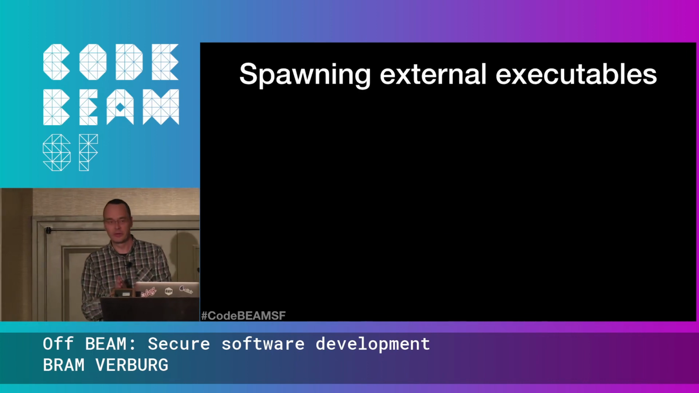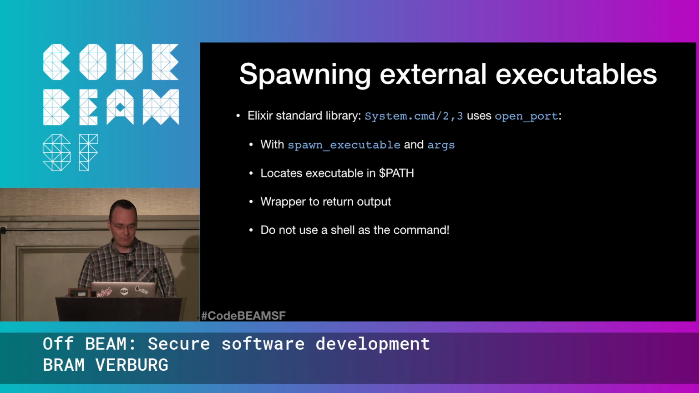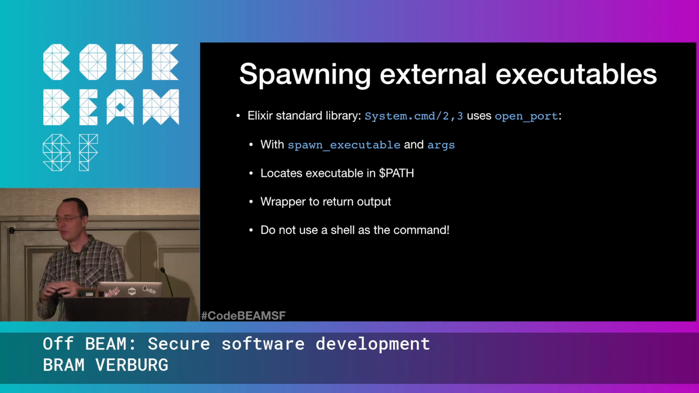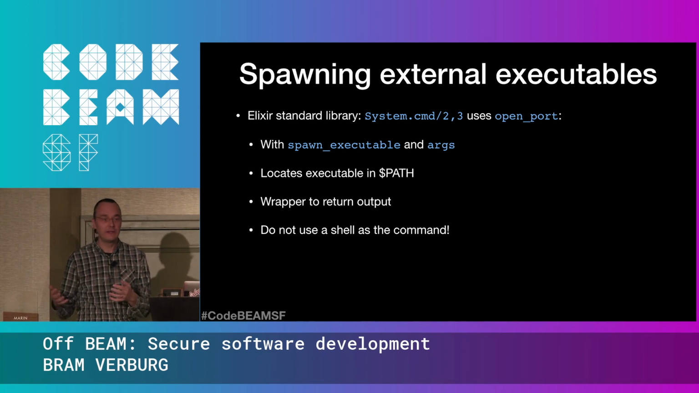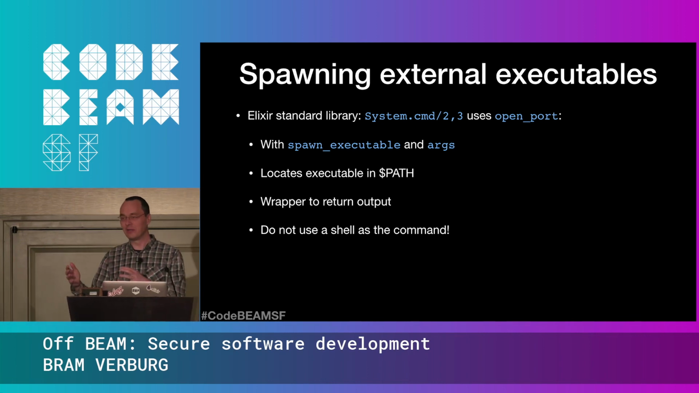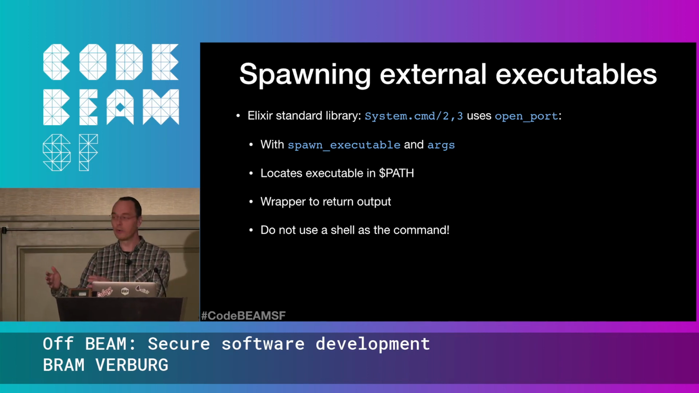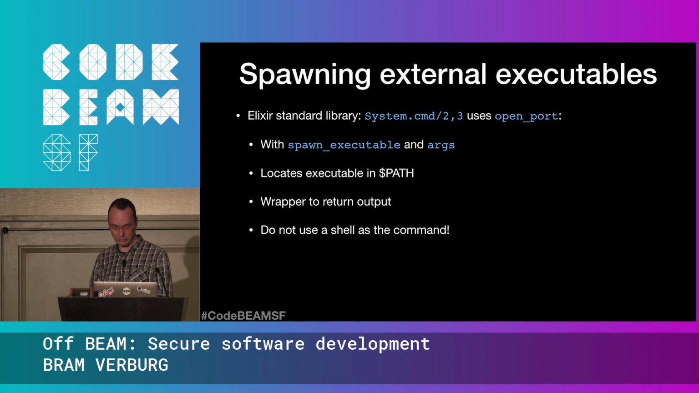Okay, now there's good news for Elixir users. Previously, I was telling them that they should be extra careful. In this case, Elixir actually does the right thing. So System.cmd wraps open_port with spawn_executable. So it gives you the protections that spawn_executable gives you against command injection, but it also offers the convenience of os:cmd in that it returns the output of the command as a string. In Erlang, if you replace os:cmd with open_port, you then have to figure out how to get the output from the port by receiving messages. So Elixir basically handles that for you. It also locates the executable in the path if necessary. But again, the warning: do not use a shell as the command,